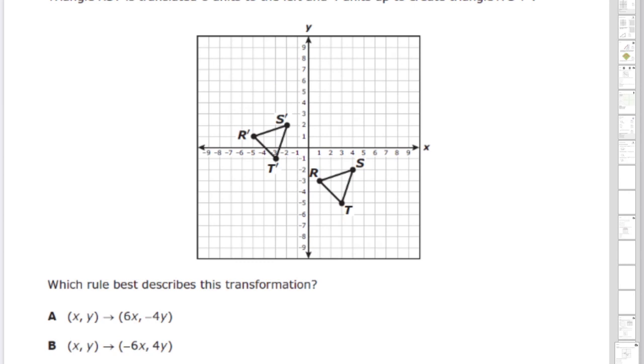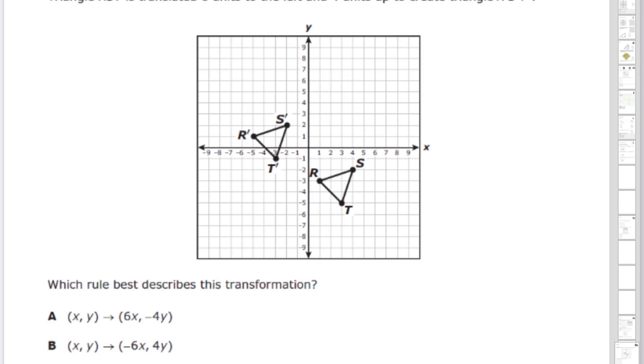So we have a question right here, and I'm going to show you how to do that. I want you to follow along and make sure you're circling and boxing in and underlining and doing basically everything you see me doing in this video. I want you to do it on your own problem so that we can understand how to solve these transformation